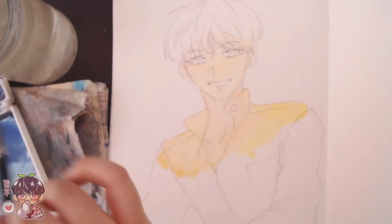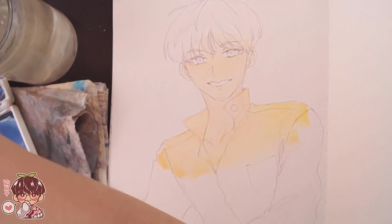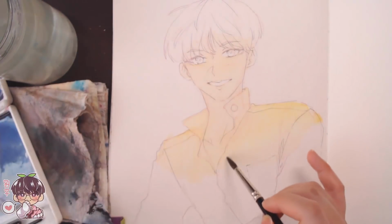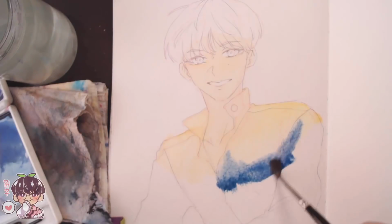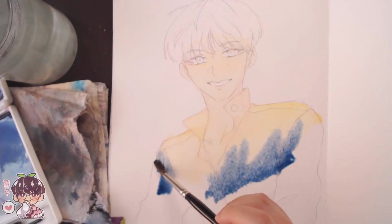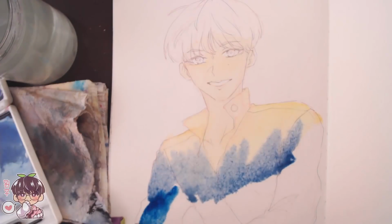So I started off with his skin tone, as I usually do, and then I bleed it into this yellow color, and I put this all across his shoulders. And then because the paint is still a little bit wet, I decided to bleed in a little bit of that navy blue color. So